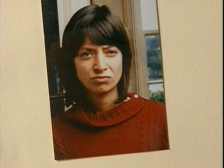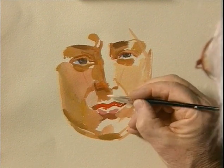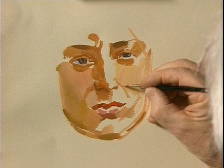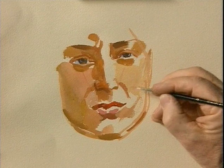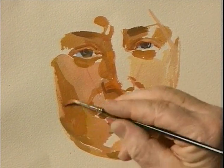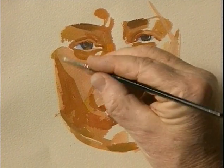Part of the expression of this mouth is due to not just what the lips are doing, but what's happening to the surround of the lips, this pushing out this area. The line from the nose, that's also part of a slightly worried expression, and accent rather more the way that the cheekbones define